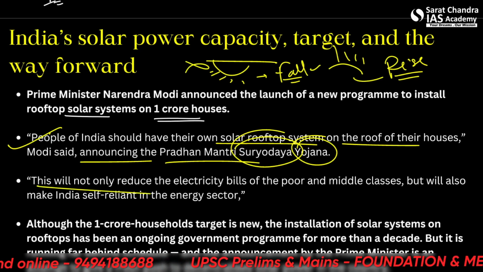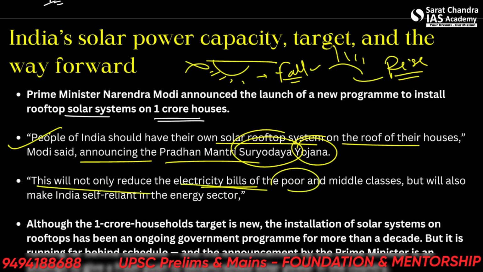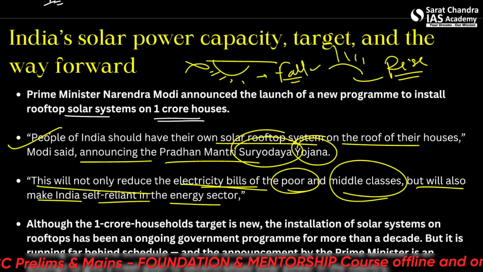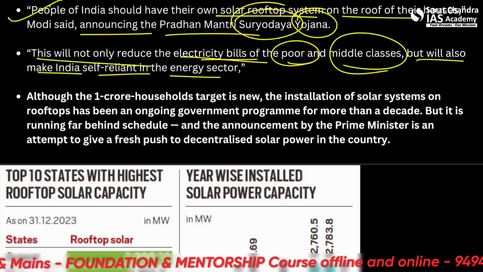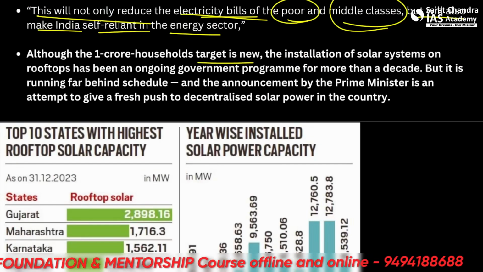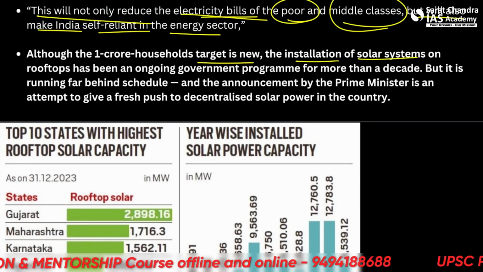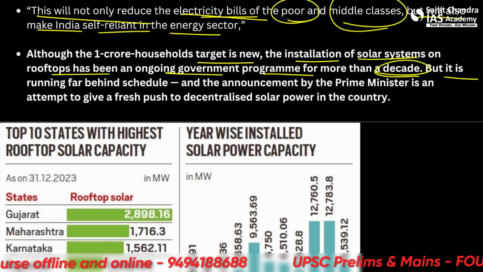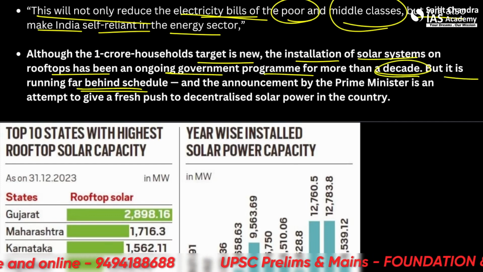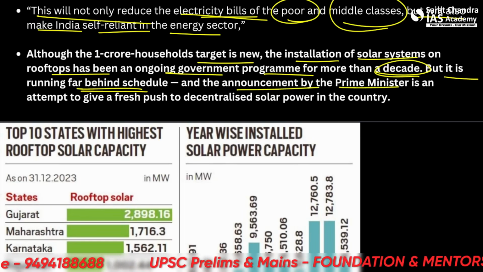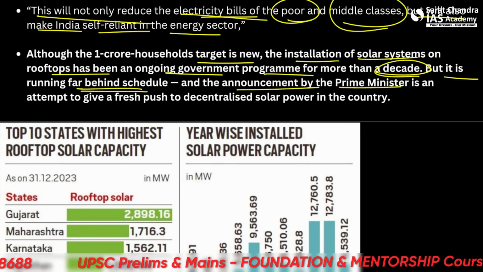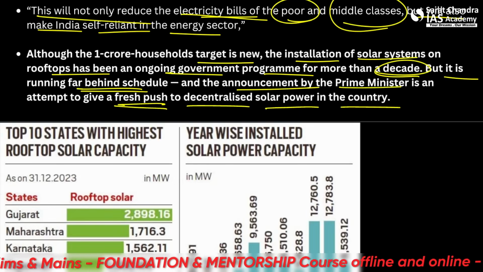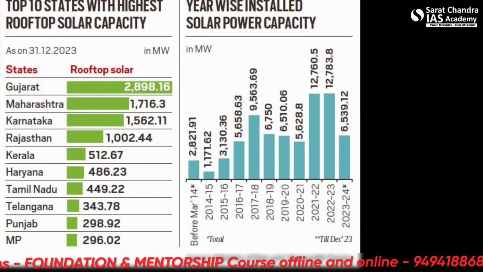So this will not only reduce the electricity bills of the poor and middle classes, but will also make India self-reliant in the energy sector. So although the 1 crore household target is new, the installation of solar systems on rooftop have been an ongoing government program for more than a decade. But it is running far behind the schedule, and it's just a new push. So the announcement by the Prime Minister is an attempt to give a fresh push to decentralized solar power in the country. Let's talk about very important data